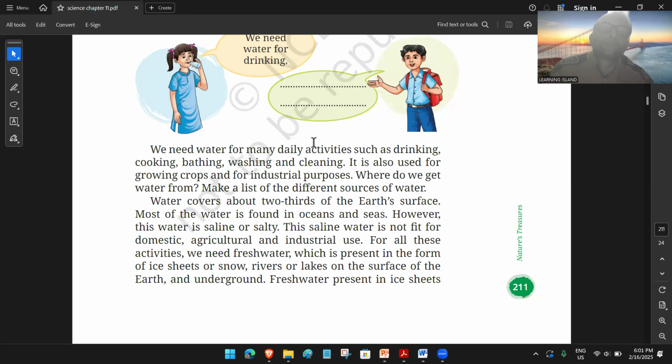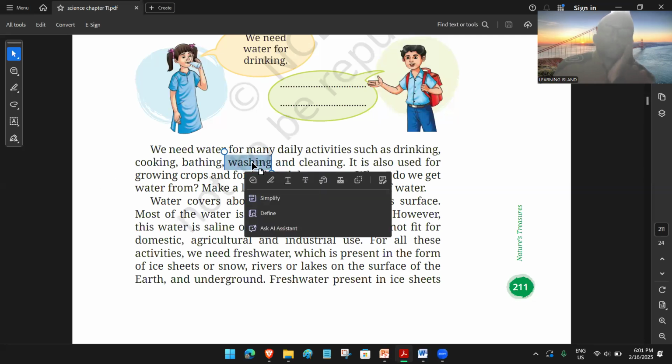क्वेश्चन आ सकते हैं, write down. Just a minute. देखो, क्वेश्चन आएगा, write down the uses of water. ठीक है. तो आंसर में क्या होगा, आंसर में होगा आपका कि